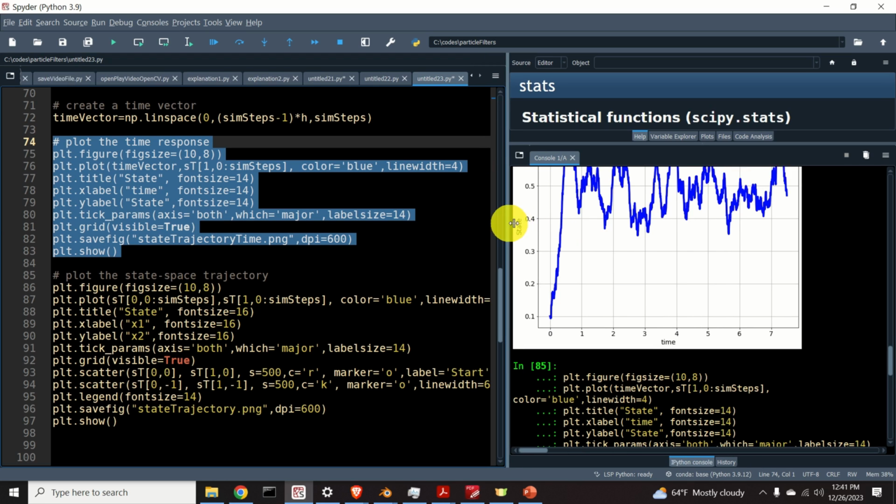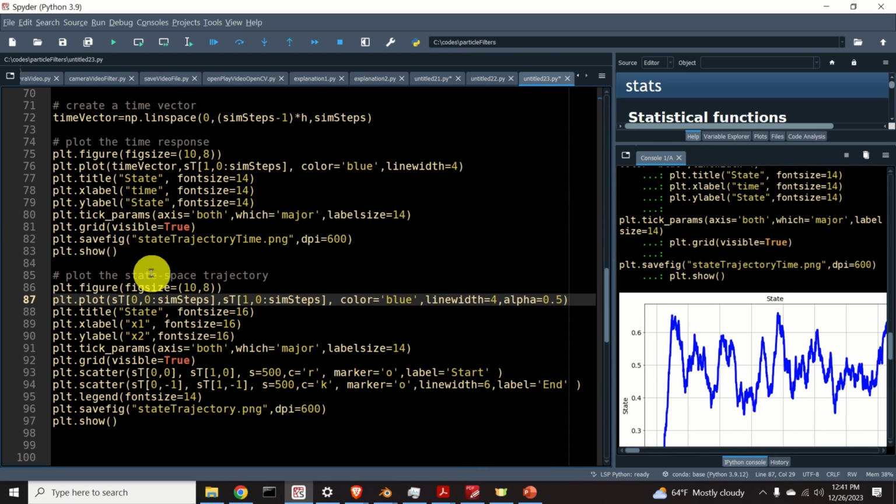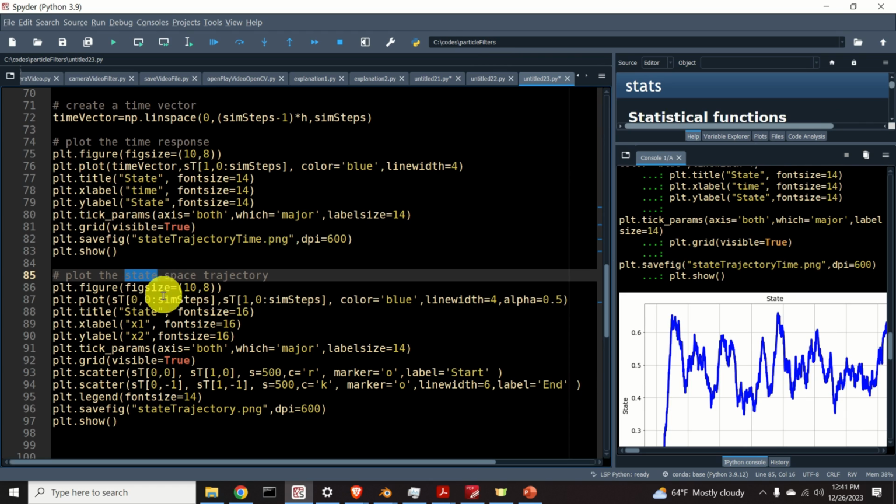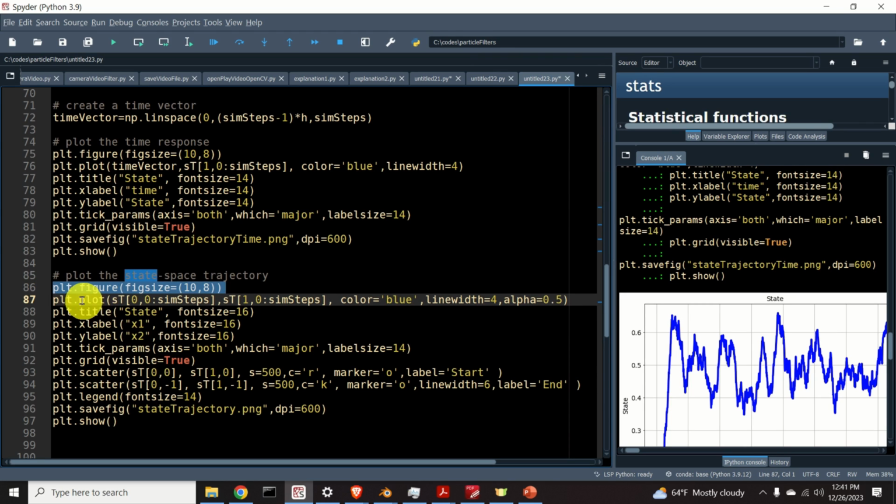Next, let's learn how to plot the complete state space trajectory. To plot the state space trajectory, again we need to define a figure, and over here we need to plot. On the x-axis we plot the state x1, and on the y-axis we plot the state x2. We set the color, specify the line width, and specify the transparency. Next we set the title of our plot, x label, y label, we set the font size,